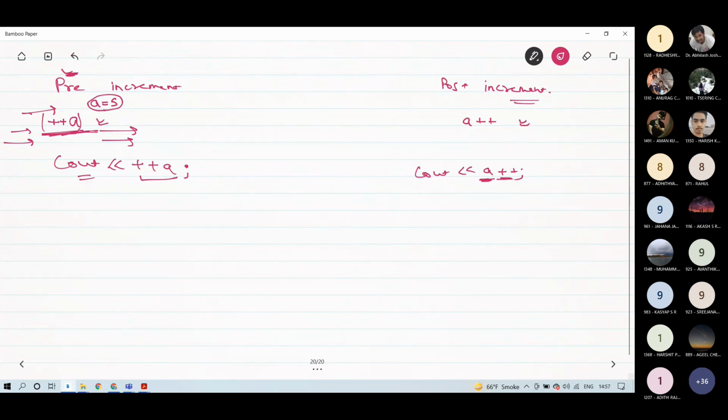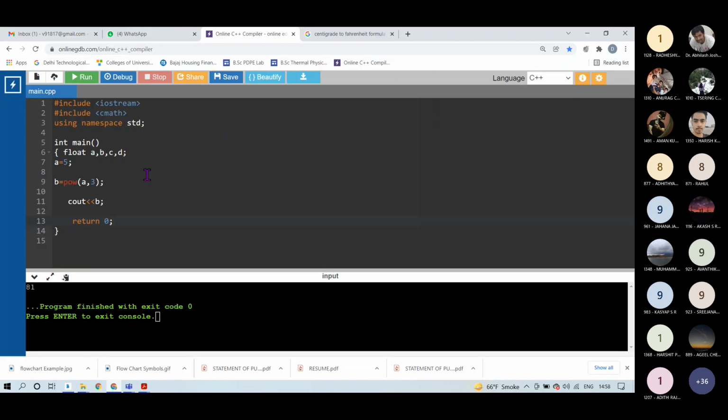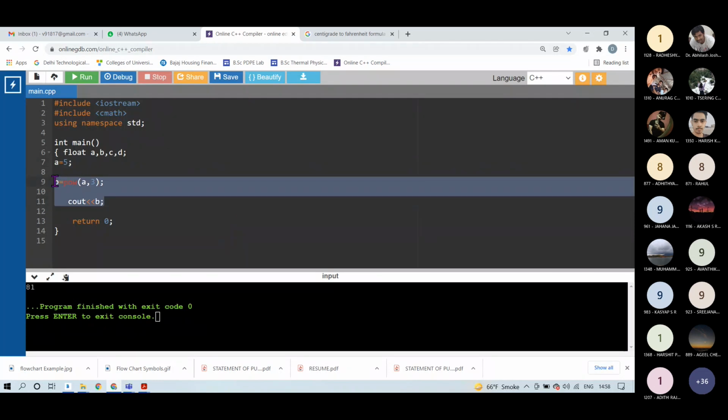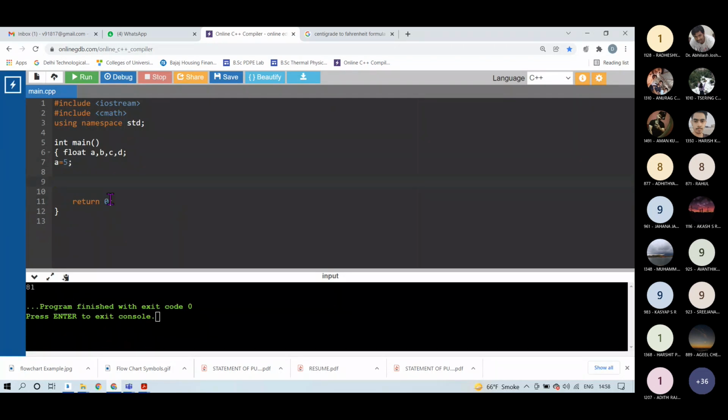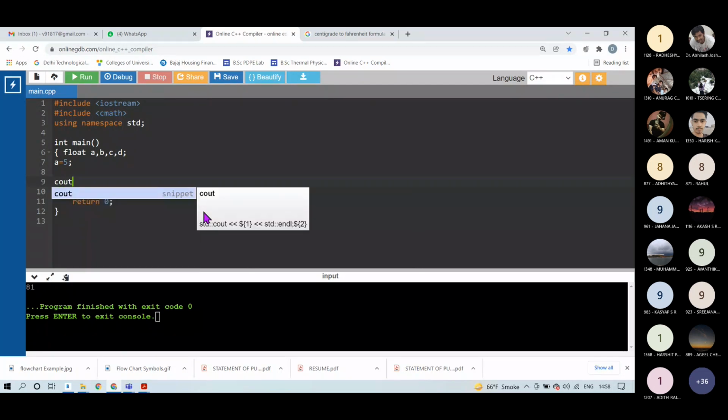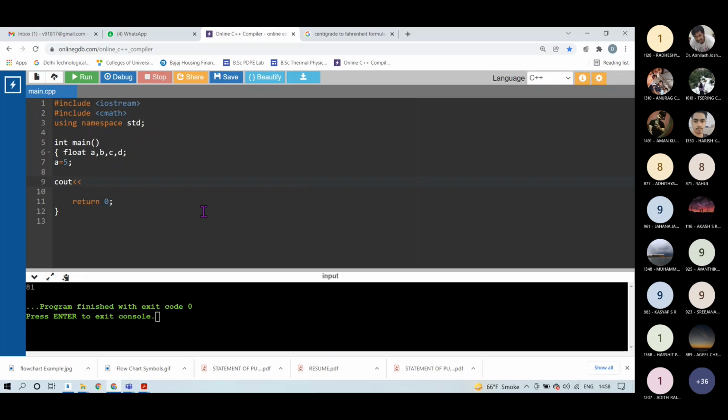Okay, let's see this in a program. Let's say I have defined a as 5, and I want to take the output of a plus plus.